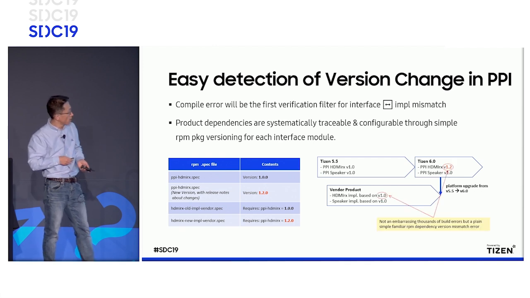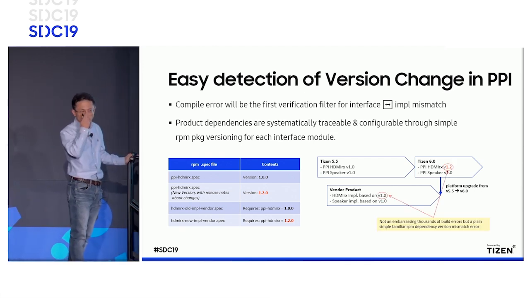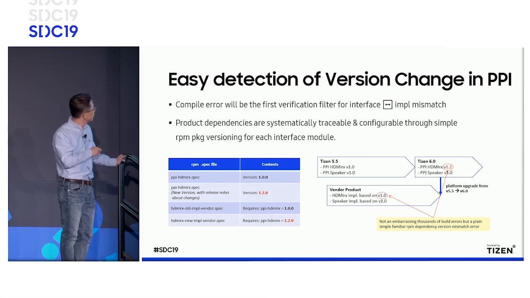Yes, so you mentioned that there is easy detection. As I told you, it's quite simple, because we already specify the version in this spec file. So by seeing this spec file, we can detect a match or mismatch. Technically, I think it's a good way, but